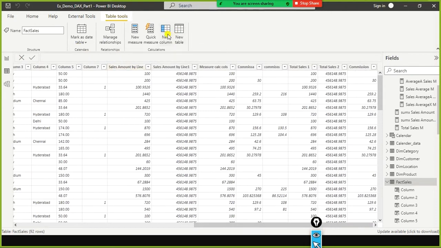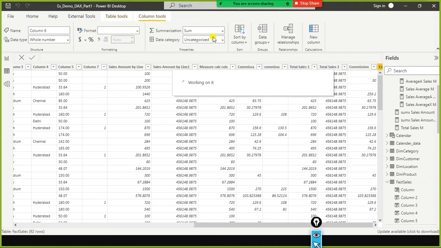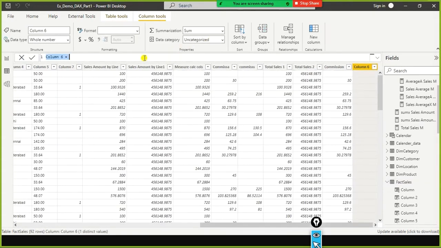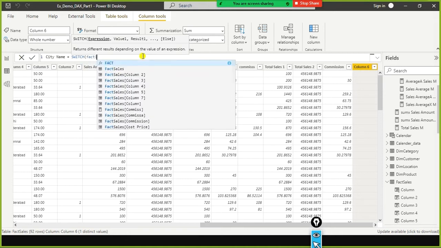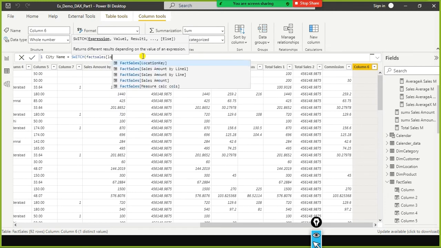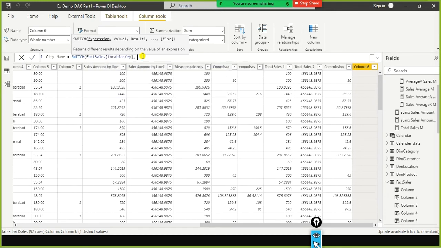I'm going to create a new column. Here I say it as city name. City name is equivalent to the new column name, which is going to be city name. Here also I'm going to use the switch function. So expression, value 1, result. In my case the expression is the fact sales table location key, and here location key, comma, if the location